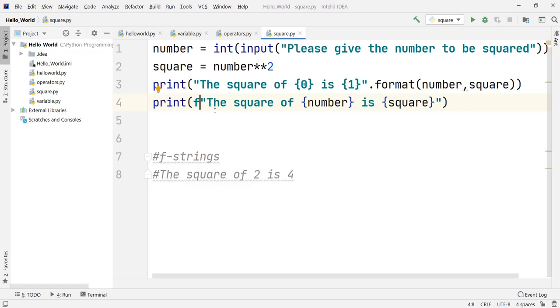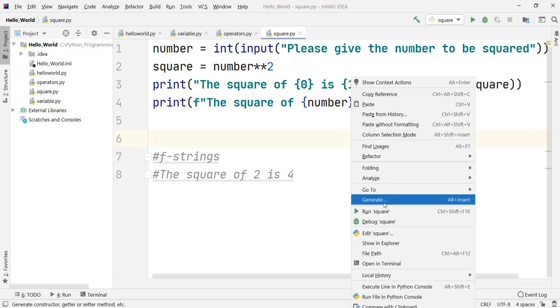F stands for f string, so that it will understand that it is a formatted field type. So the simplest method, as I've told you, from Python 3.6 onwards is this method. They have introduced it to make things even simpler. They are saying don't use format. You can directly put these variables inside the curly brackets and it will give you the same result.